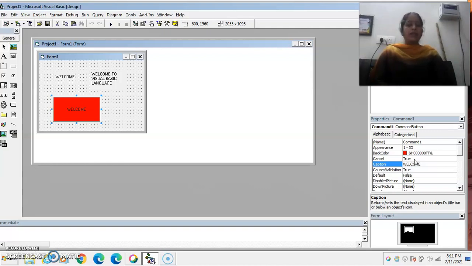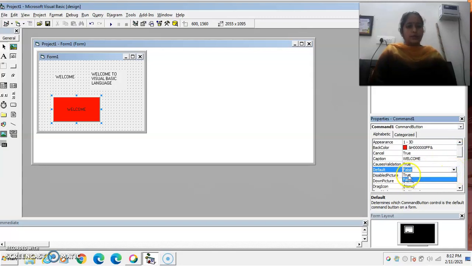If you set the default property to true, then the command button click event is activated by pressing the enter key also, even though focus is not on the command button.